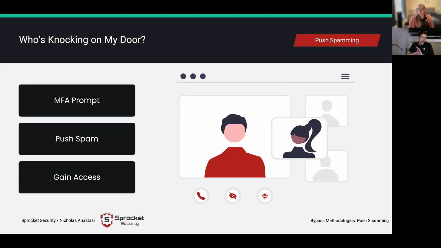So what we'll do as an attacker is leverage the features surrounding push-based MFA to actually coerce a user into approving that push notification. Let's paint a picture here. As an attacker, we successfully guessed a user's credentials.